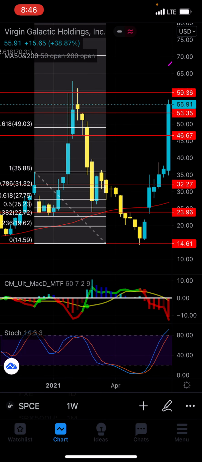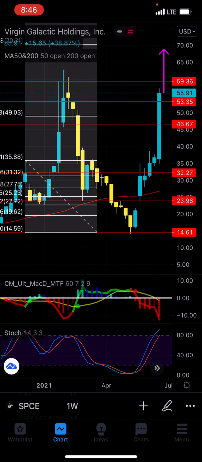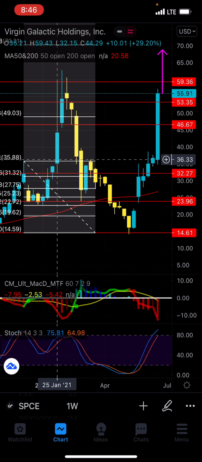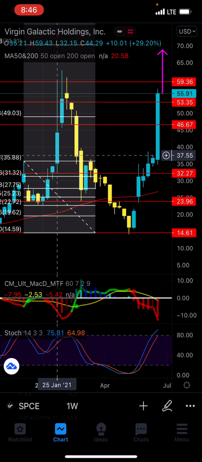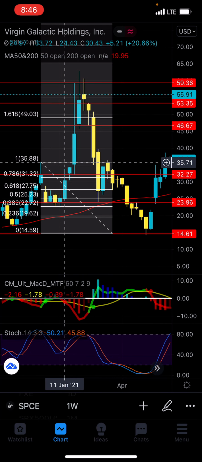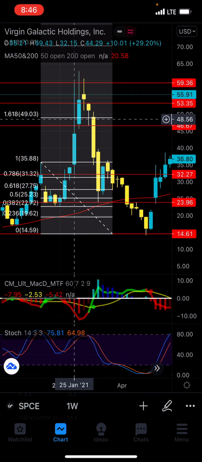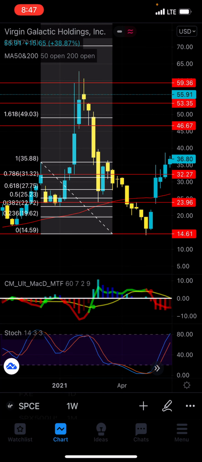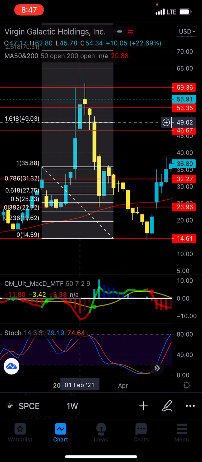But I hope you guys understand that this is a strategy that actually works. You guys can back test this for as long as you want. But again, what happened? Actual break in price right here. As soon as this gets broken, you guys can probably start looking at this. For example, back here, you would have started looking at SPCE maybe at like even 40 bucks. You would have still made money on the drop downs and you probably would have taken profit at like $46. That would be a good indication for maybe buying a month out calls or something.